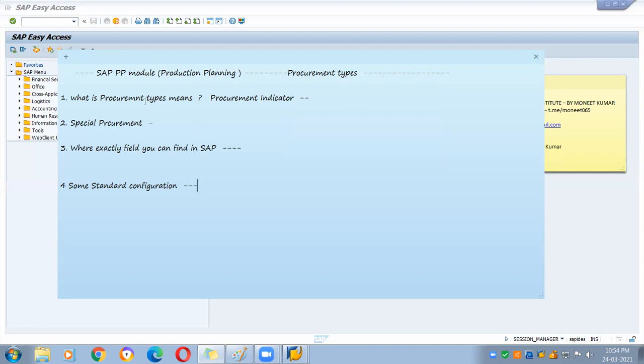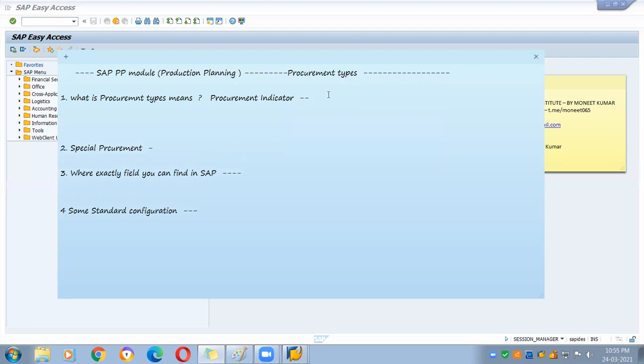So what exactly does this procurement type mean? This indicator is going to tell you whether the material which the company is using is manufactured, where exactly it is getting manufactured, and how it is getting produced, like in the PP module.